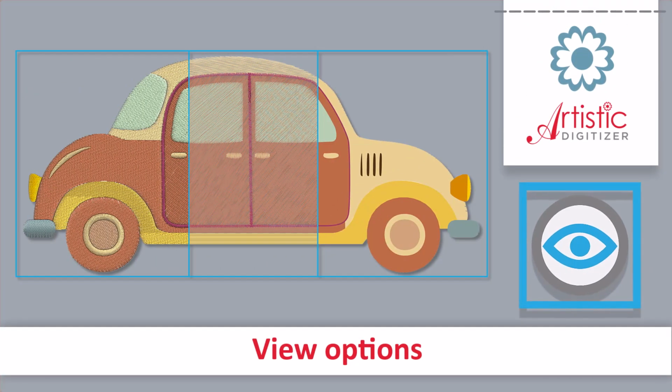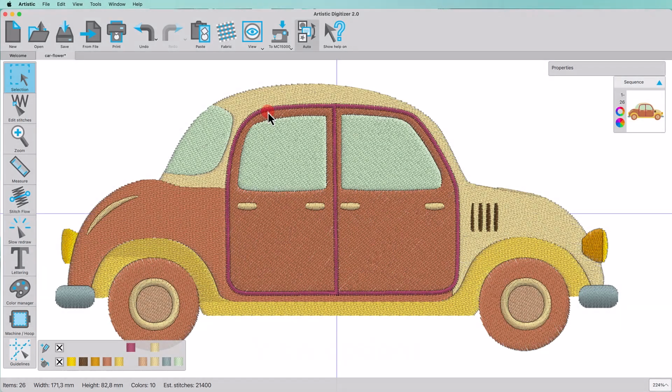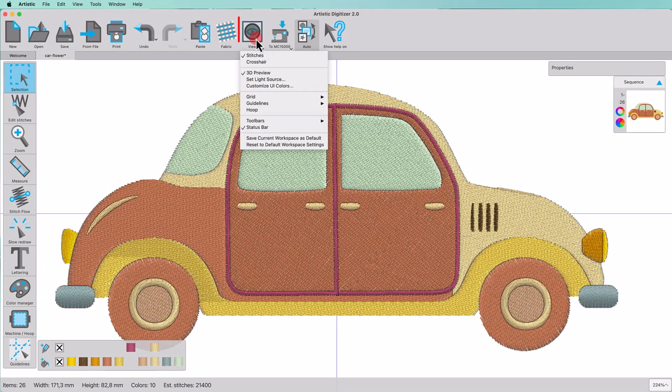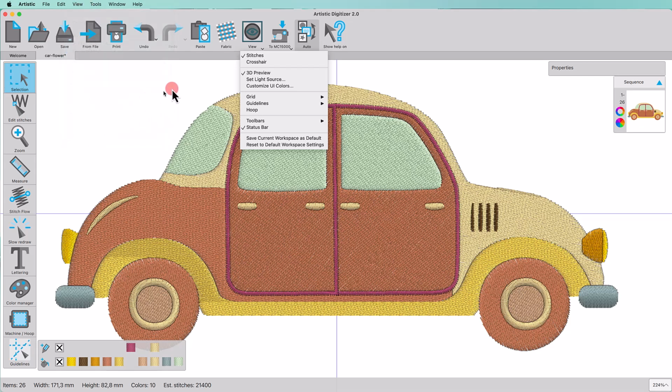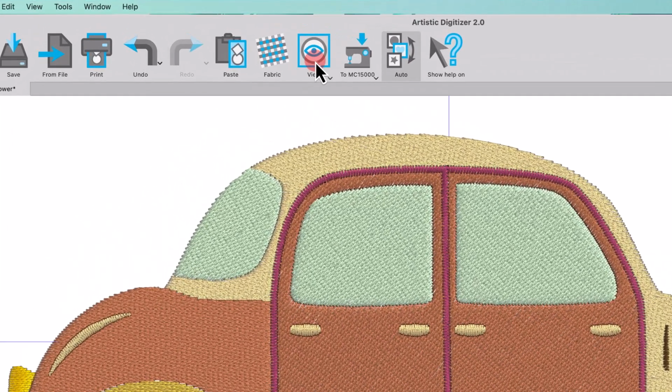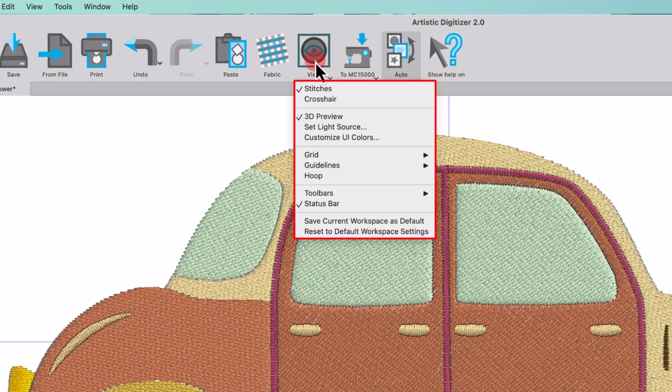In this video, we will present most of the available options of the View menu. You can find the View options on the View icon of your main toolbar or on the View menu. The options are the same in both sources, so we will describe them based on the View icon. When you click on this icon, it shows a list of different ways with which you can change the way